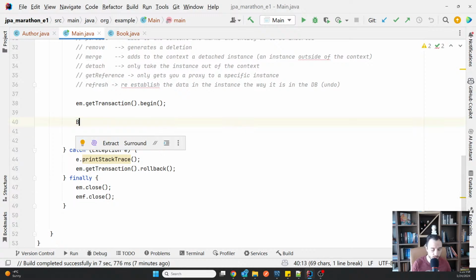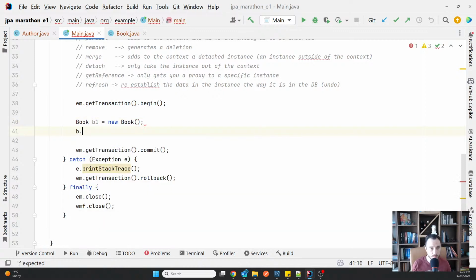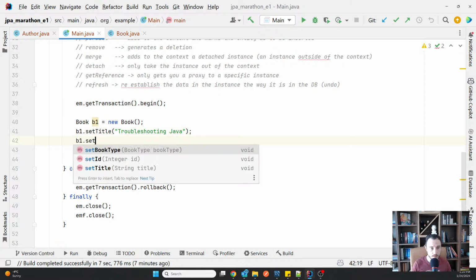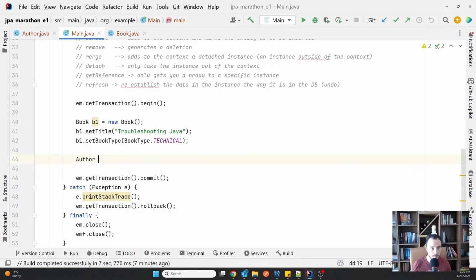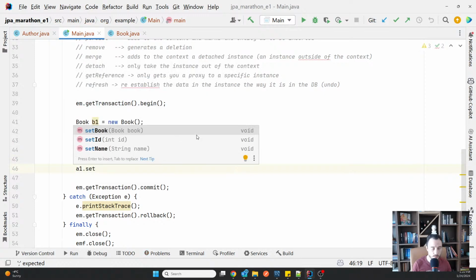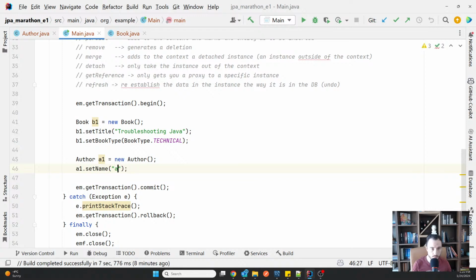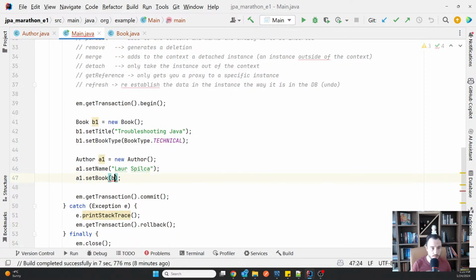And now if I want to create a book B1, new book B1, set title troubleshooting Java, set book type technical, oops, and then author, name, and then book, no, B1.